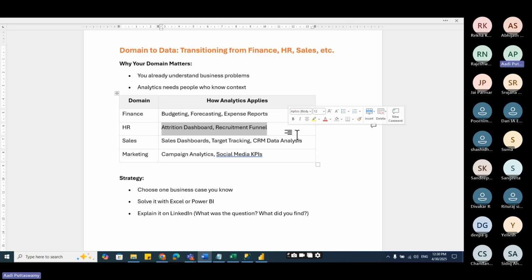Okay. So for each domain, how can I actually carry the skills I've gained from the previous company to the next company where I'm joining? If it is finance, say I already know about budgeting, forecasting, expense reports.